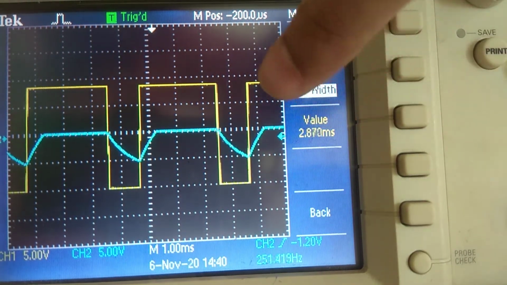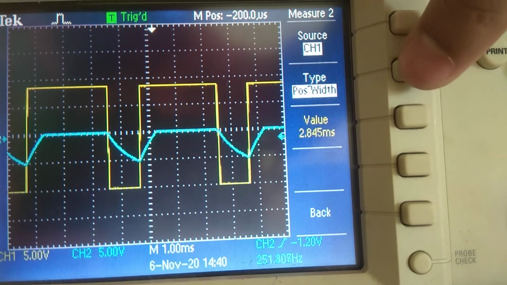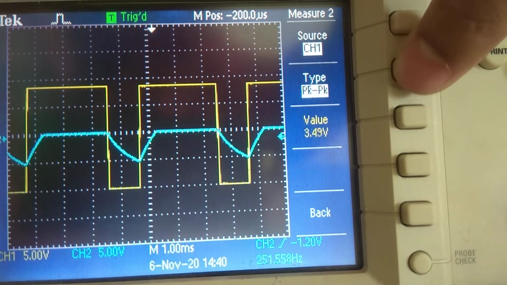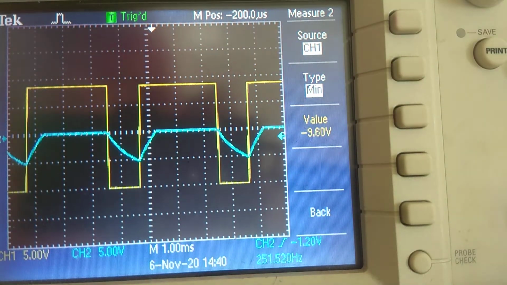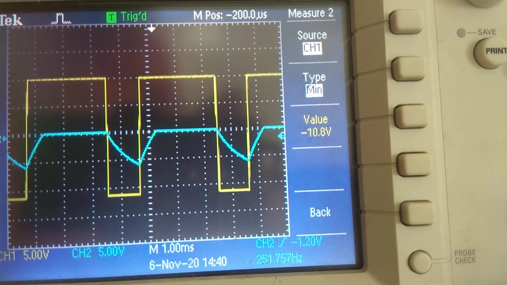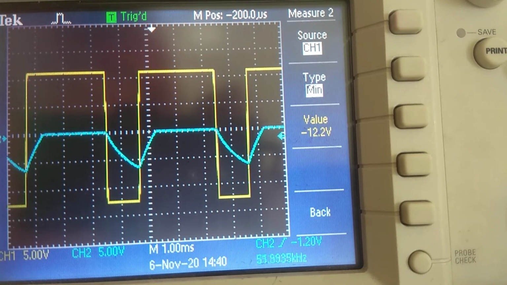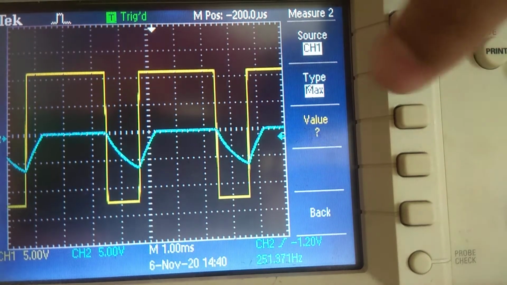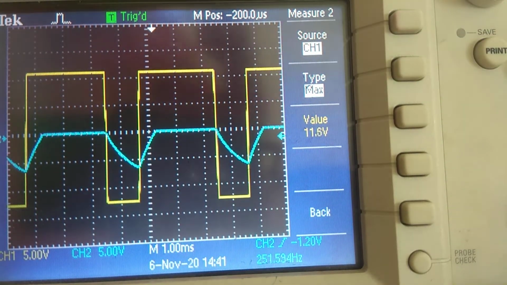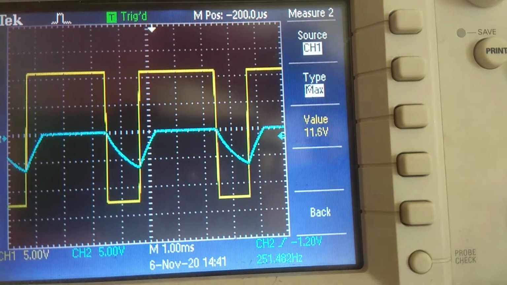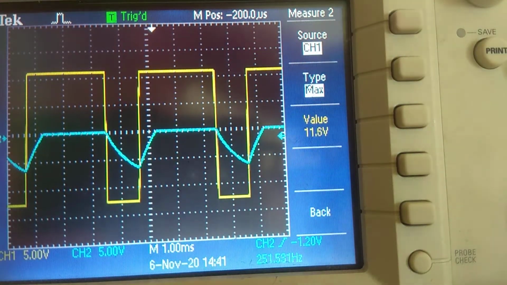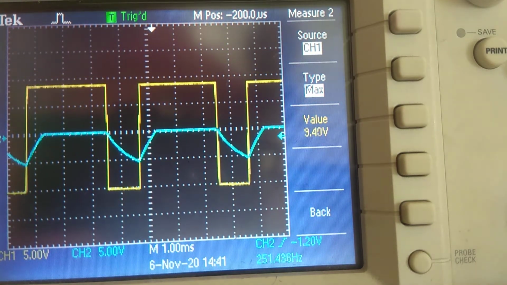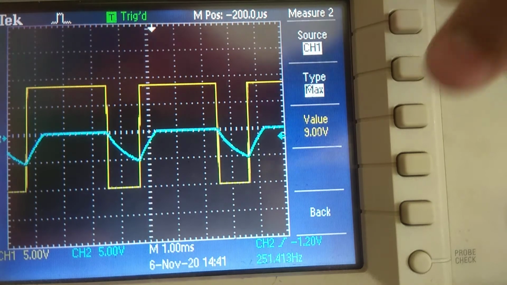Now if you want to check the positive maximum and negative maximum, suppose this is your minimum value, minus 9.6. This is only because of the biasing. If I change the biasing to minus 12, this will change to minus 12. See, it is changing. Now if you see the maximum also, it has changed to plus 12, because the board is in track mode. Whatever minus I say, it is going to take the plus. So this value is decided by the biasing, and on that value beta into Vset is decided. Now I am again keeping it to 10, around 10.